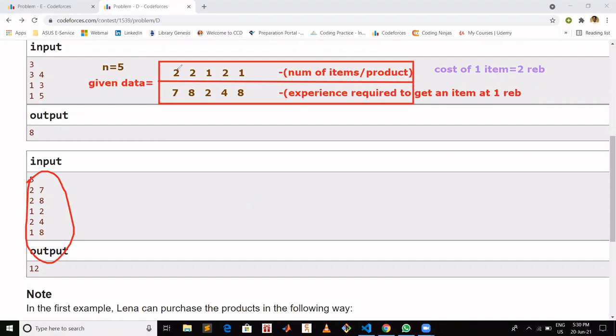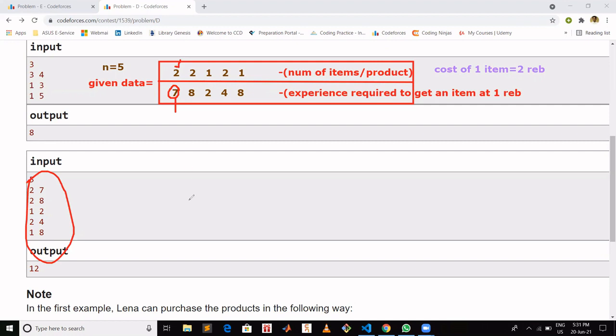The first numbers represent the number of items you need to purchase for a particular product, and the second is the amount of experience you need to purchase that item at half price. By experience, we mean the number of purchases you have already made.